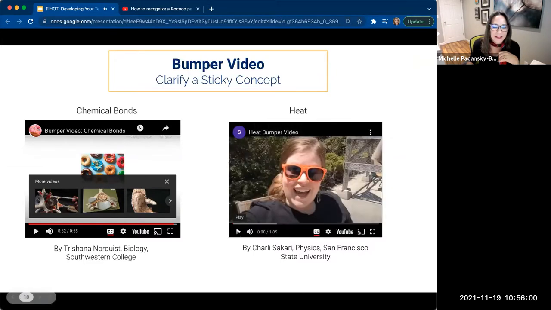Okay, another great example where Charlie's pulling in her own presence, right, in her backyard. Again, not showing students where she lives, but using that contextual real life environment to help teach her concept in just a minute.